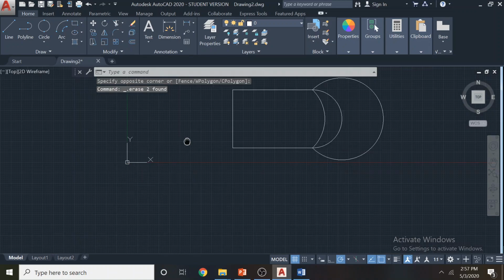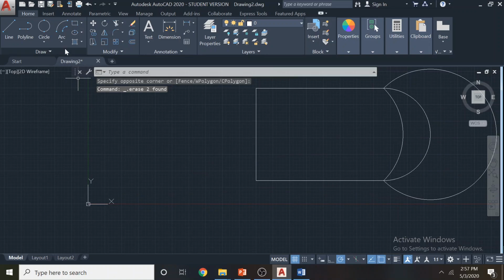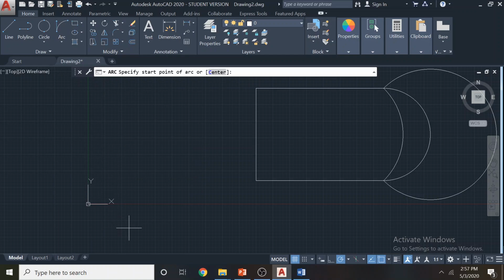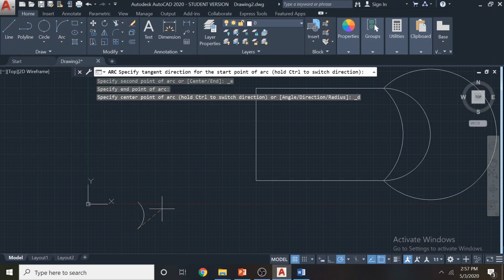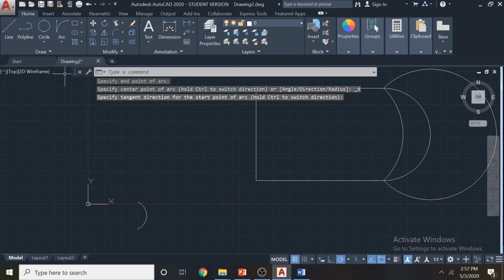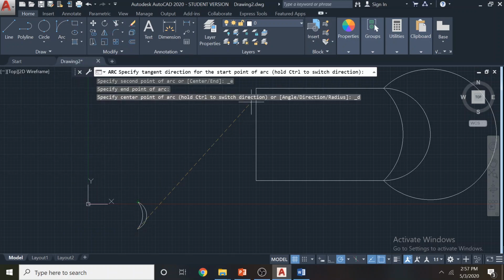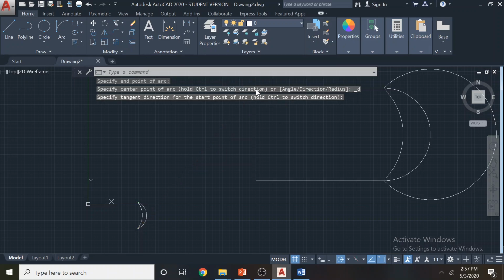So if I show you the idea, if I take this tool, start and direction, and start an arc like this with the endpoint like this, in the direction say I want to look at this point and get the tangency. So the starting direction is tangent to this point. So this is the arc shape. If you do this again with start and direction and select this point as the direction, you see the arc shape is different.